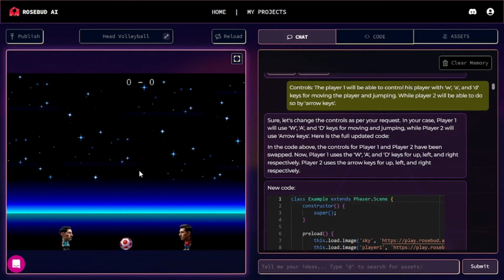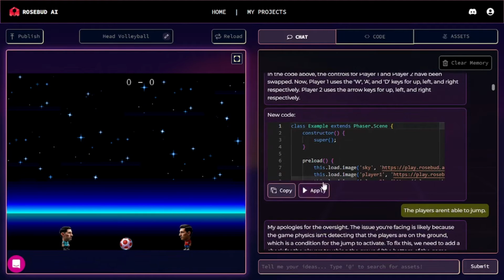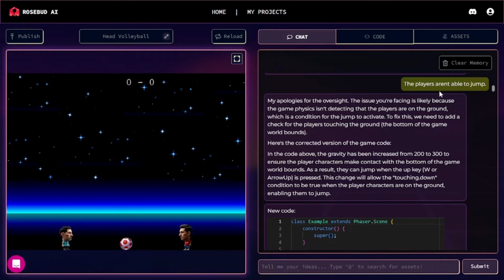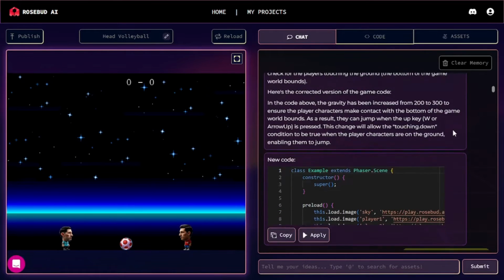After that, I told Rosebud AI about my controls to control the player. She came up with this code and I clicked on apply button. Then I was able to control my players with the keys that I had selected. However, I observed that they were not able to jump. So I told Rosebud AI that the players aren't able to jump, and she came up with this code